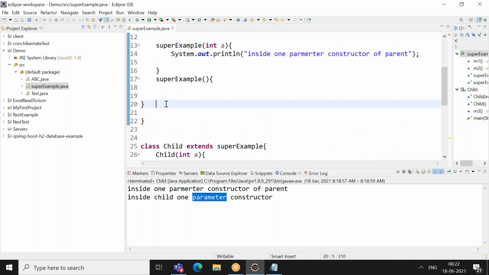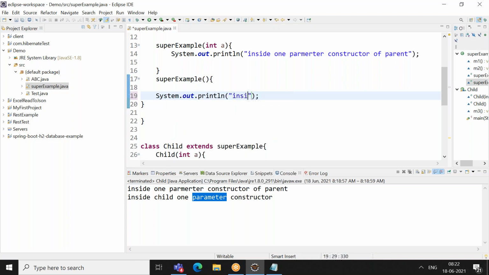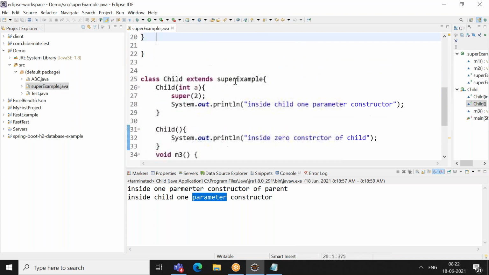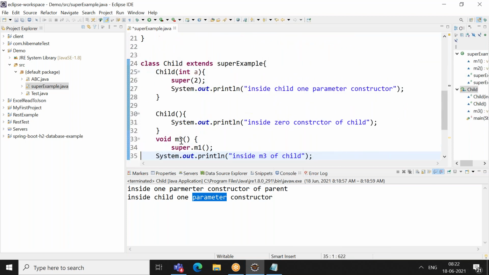Similarly, I have this also, "inside zero parameter constructor of parent." So instead of one parameter, I'm creating a zero parameter constructor, which will call this zero parameterized constructor, right? Now if I use super with this thing, what will be our output?